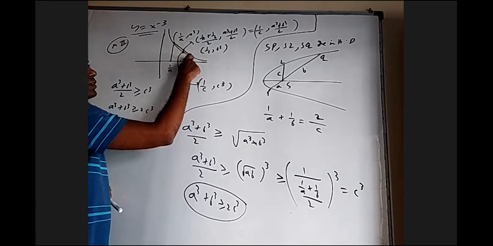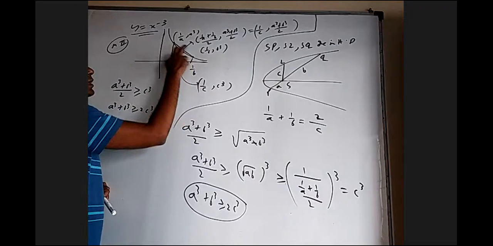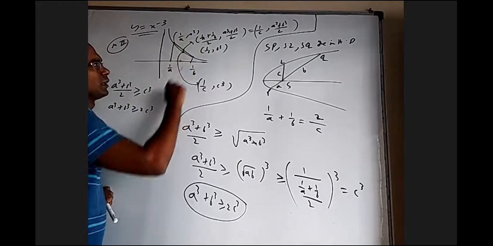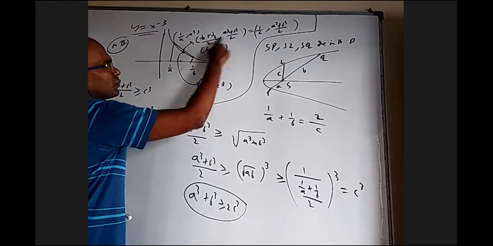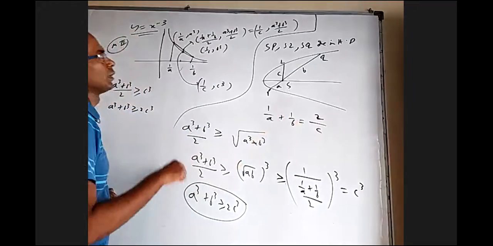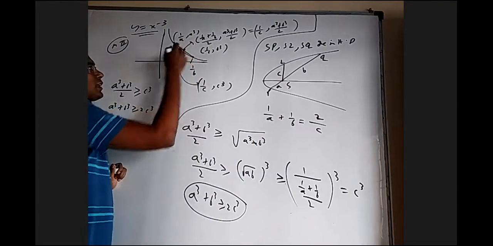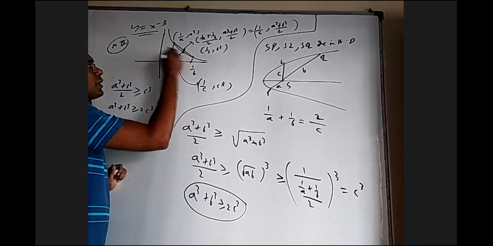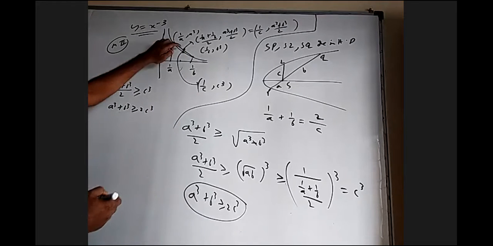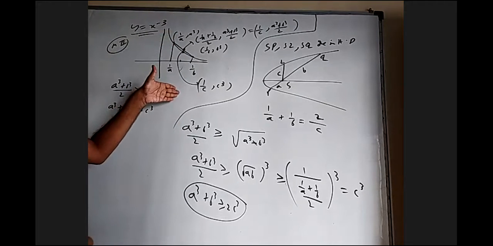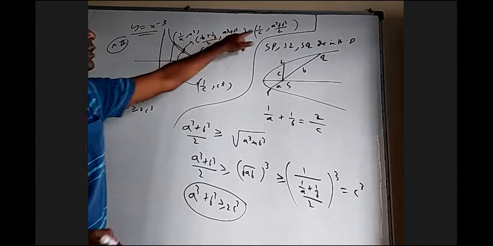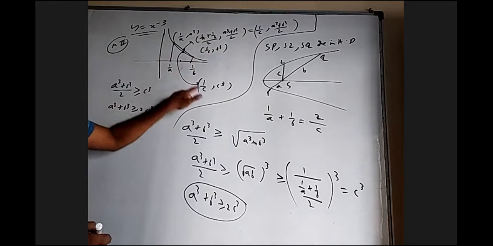I took 2 points on the curve. Take their midpoint: this plus this by 2, this plus this by 2. But (1 by a plus 1 by b) by 2 is 1 by c, based on this. Now from this midpoint of the line segment, come straight vertically down to a point on the curve. If 2 points are on the same vertical line, they will have the same x coordinate. This middle point's x coordinate is 1 by c, so straight below this point it is also 1 by c.